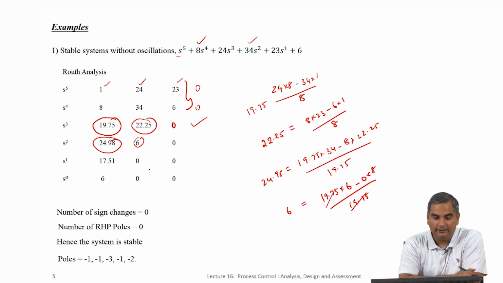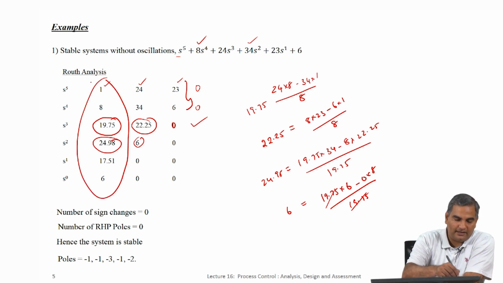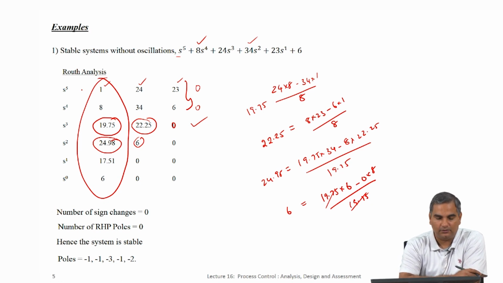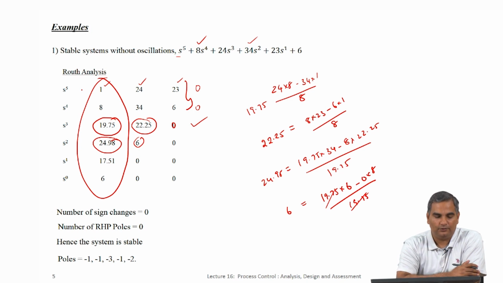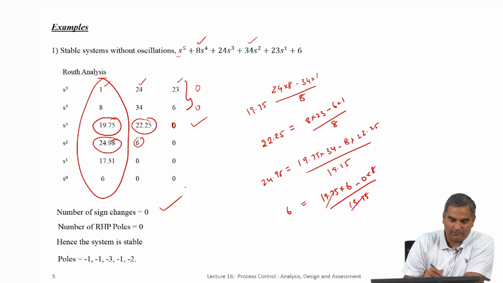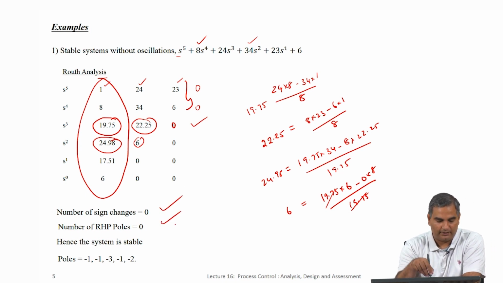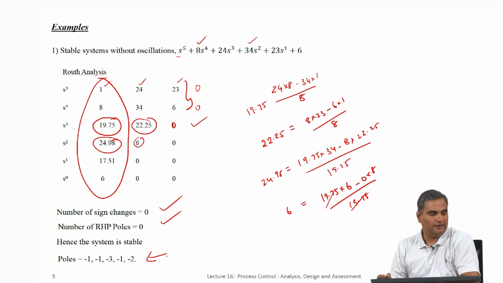Okay. Now, you are done. Then you look at the first column and look at how many sign changes there are, and you will notice that there are no sign changes. So, we can categorically say that there are no roots in the RHP. So, this system is stable if there is a transfer function which has this polynomial in its denominator. So, number of sign changes 0, number of RHP poles 0. Now, out of curiosity, if you were to go and compute the poles for this, these will be the poles, and you see all of them are in the left half plane.